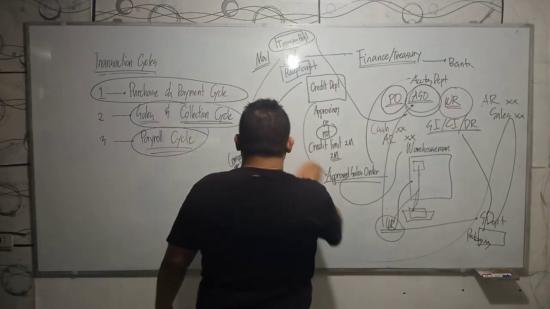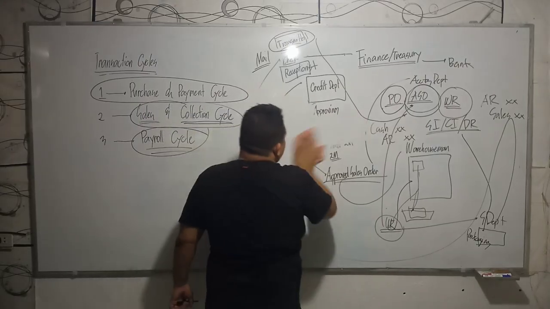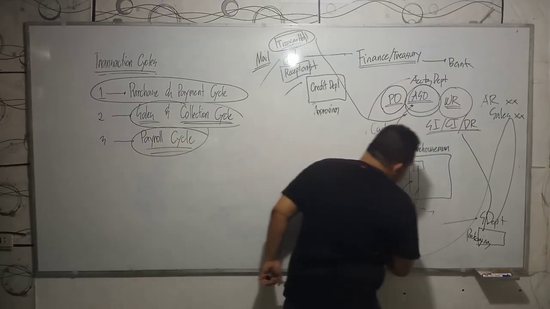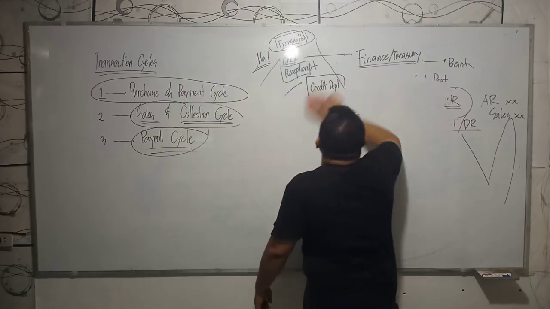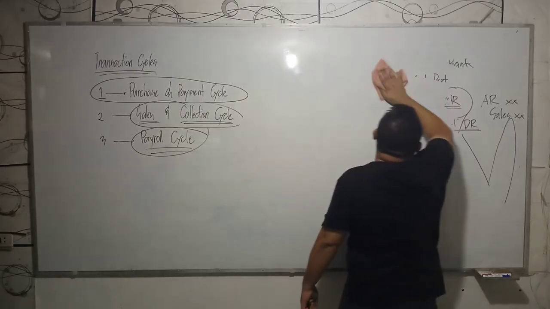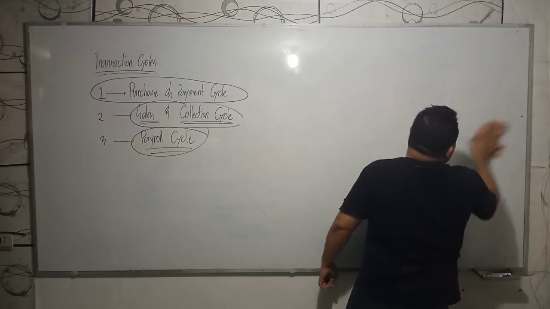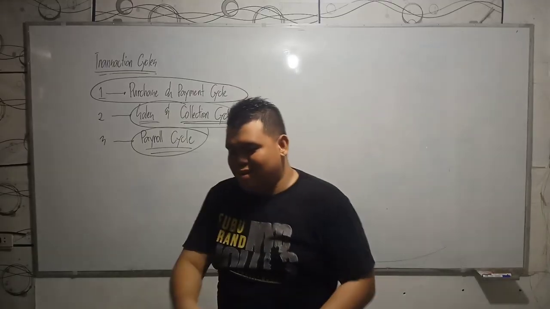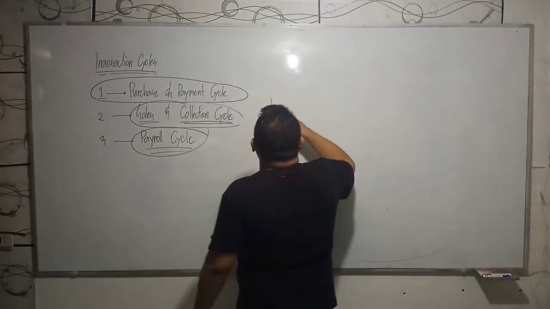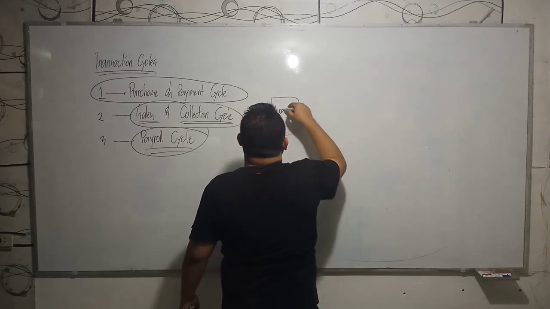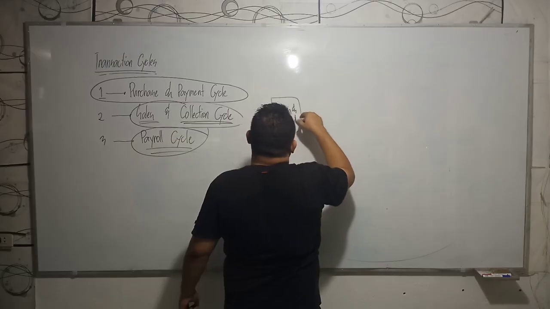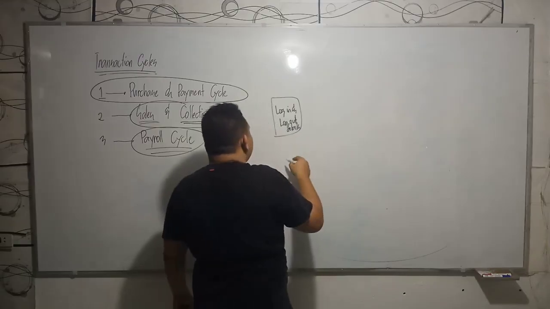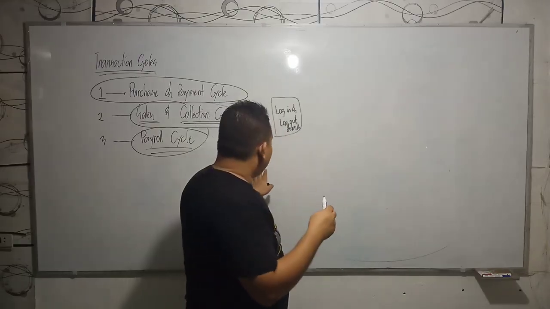So, the payroll cycle is the giving of salaries to the employees. So, it has still a process. So, normally the process is step 1. Step 1, log in and log out details. And normally, the ones that will extract this from a machine, for example, if you have a log-in, log-out machine, is the HR.